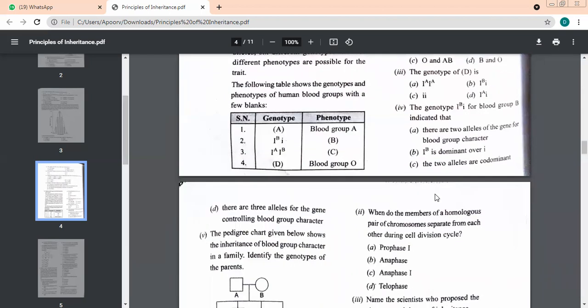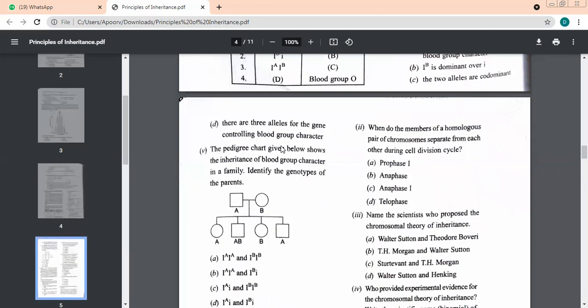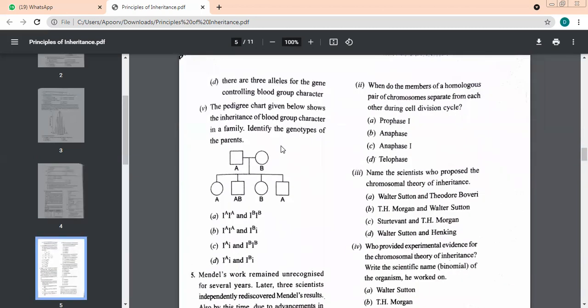Which option did you give, beta? C. C cannot be correct. Ma'am, I said B. B is correct. B is the correct answer. Because if you see when it is IBI, the blood group is what? B, na? So that means IB is dominant over I. Had both of them been co-dominant, then this also should have expressed itself. It should have been BO or OB, which is not happening. The fifth one,